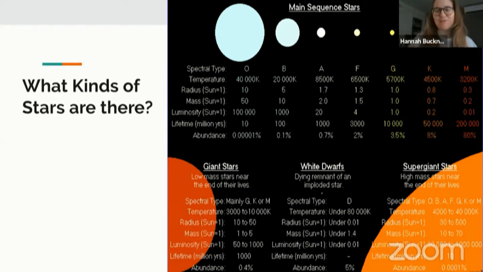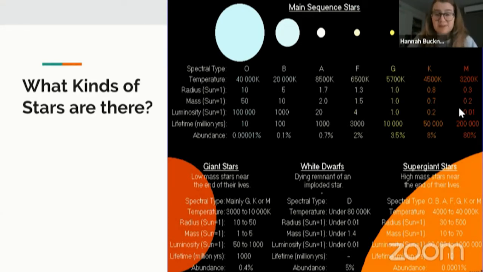It's going to have about 4.5 billion years to go. Going smaller, we have K-type stars, which have a lower temperature at 4,500 Kelvin. They are slightly smaller than our sun, but still bigger than our planet. And they have smaller mass and brightness, but they can live significantly longer. And they compose 8% of the universe. So for every 100 stars, there's about 8.